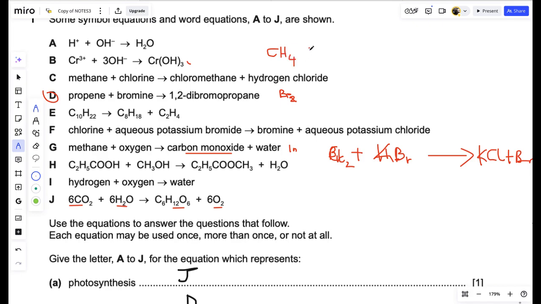When it reacts under UV light, this happens, a substitution reaction under UV light plus chlorine. This will give you chloromethane. So one hydrogen atom will be replaced with one chlorine atom. So you now have CH3. One hydrogen atom will leave, and then one chlorine atom from here we join it. It will be CH3Cl